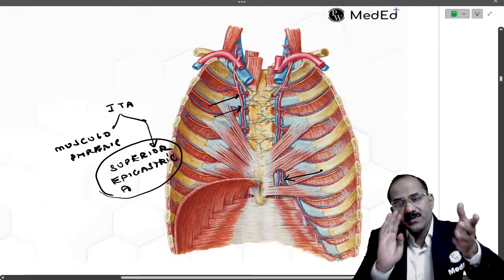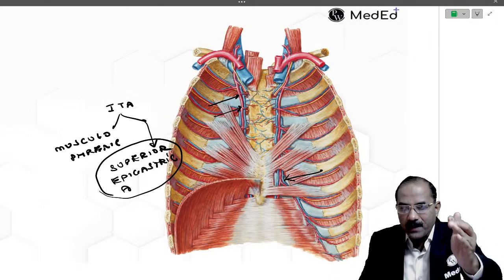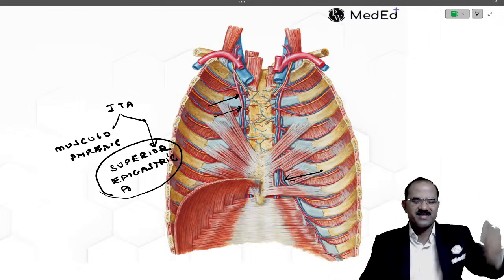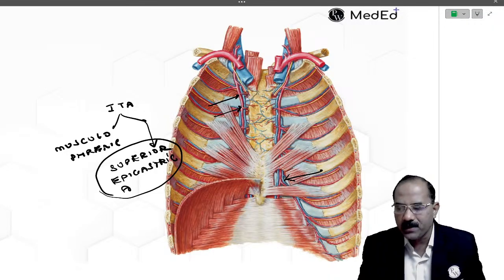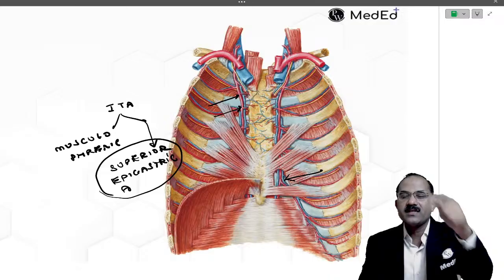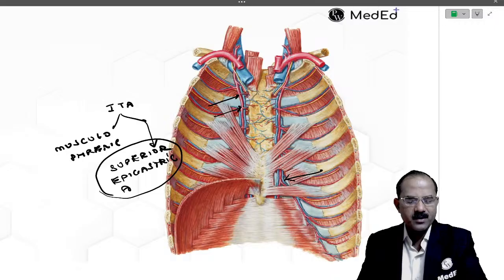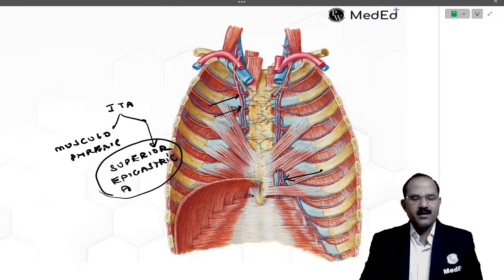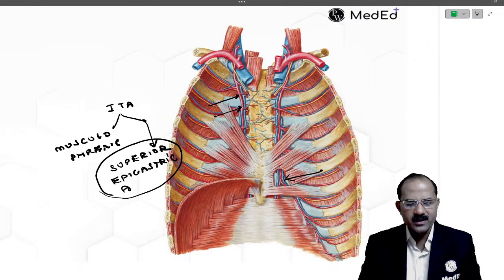Is there an artery with a similar name? Is there an artery by the name of superficial epigastric artery? Come on, answer this. Is there an artery with the name superficial epigastric artery? If yes, it's a branch of what? Come on, answer this. And yes, if it is, it's a branch of